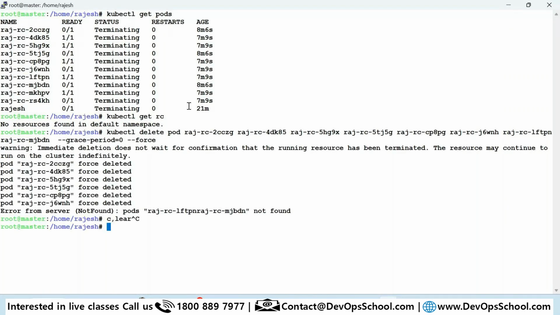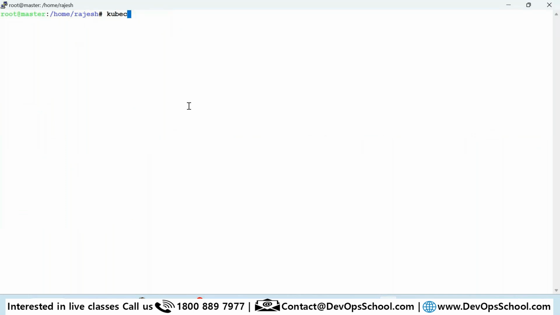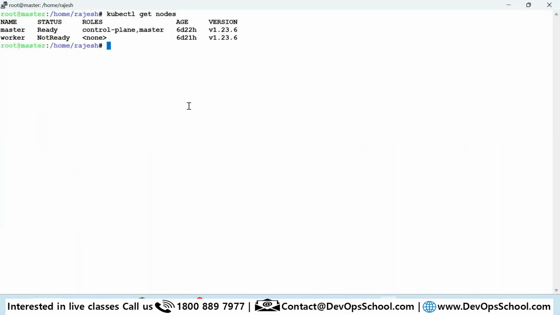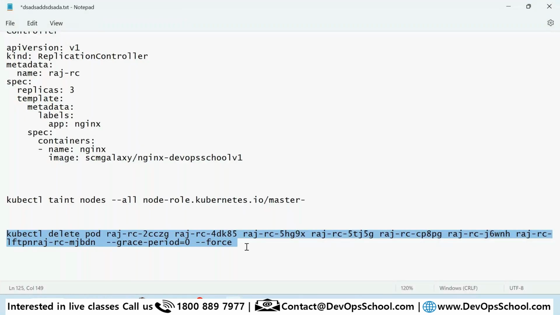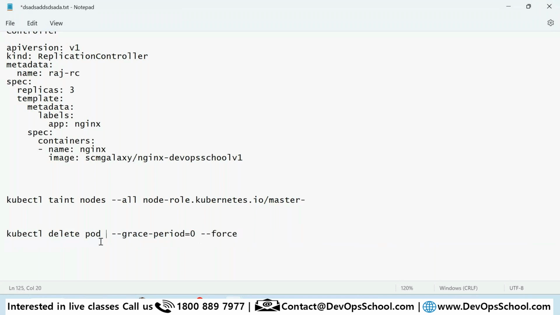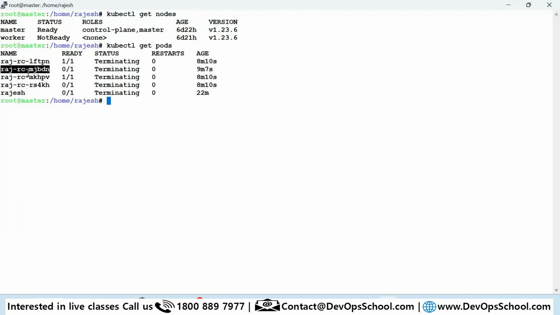Okay, so now let's move on. kubectl get nodes: healthy, master is healthy. Get pods: you have 4 pods.